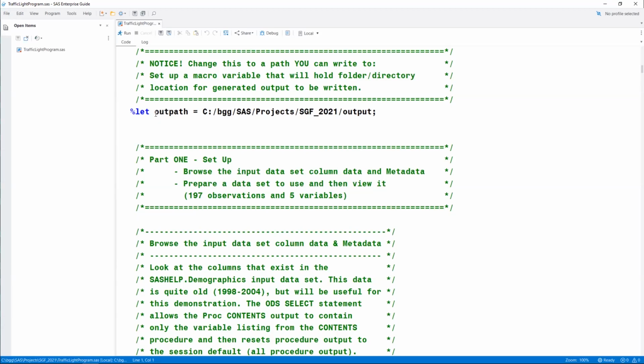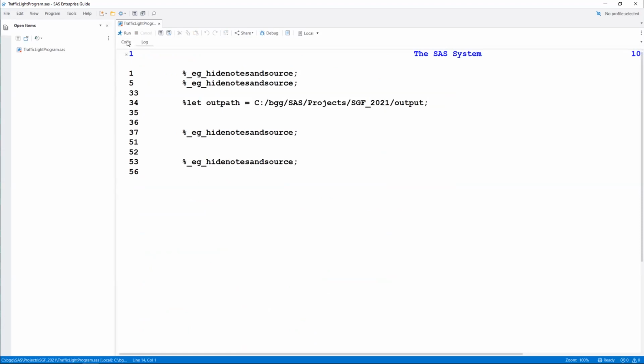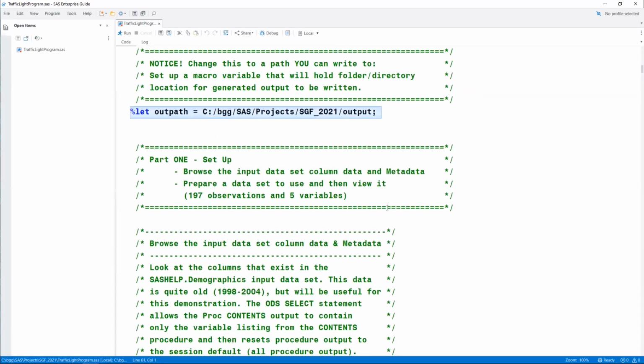So the first thing I'm doing is creating a macro variable called outPath. This is where I'm going to place all of the files that I'll be creating throughout this demonstration. This would be a path or a directory that you would need to change in this program so that it points to wherever you want the output to go on the system you would be running this program on. Let me just run this so that we can have that outPath macro variable in effect. Okay, I'll check the log, and I don't get any notes about that, but it's now set up.